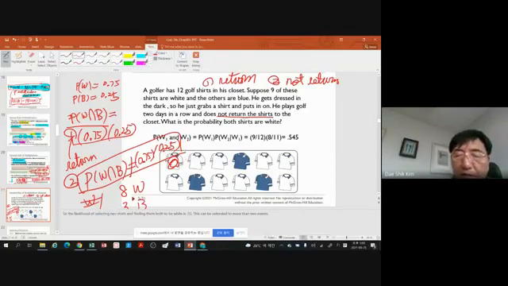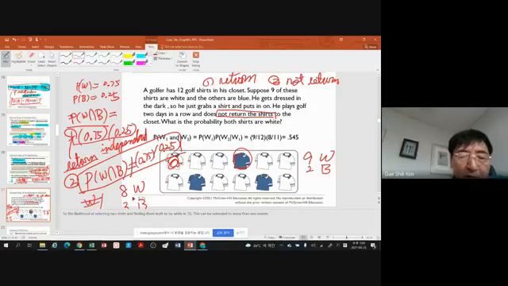If he used blue on the first day, then the total on the second day is 11, but 2 blue and 9 white remain. So whether he returns or does not return is a totally different meaning. If he returns, then the events are independent. If he does not return, the remaining 11 shirts are 8 white or 9 white, depending on which shirt you chose the first day. If he does not return it, it is not independent.